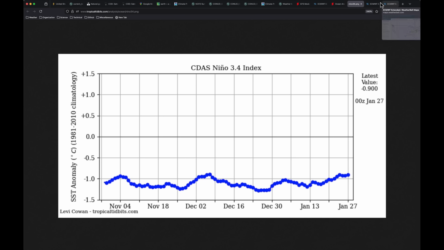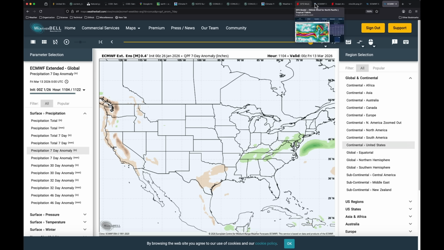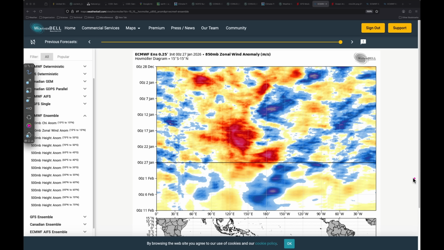Now, it's also linked up to that MJO activity, as that extends back off over here. It's not uncommon to see those easterlies here, so this isn't out of place by any means for late January, early February. But it's just something I want to keep an eye on as we go through February and March, because it does mean we're not surging quite as quickly into El Nino.